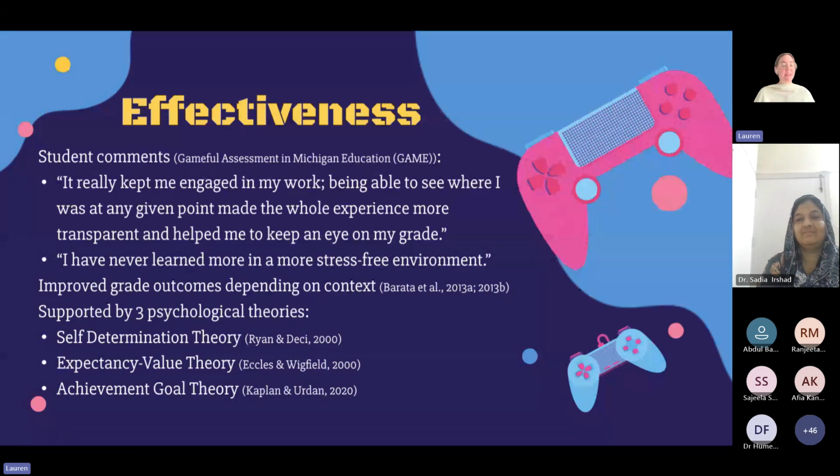And so people weigh these things, effort, task difficulty, and luck, when figuring out if they'll be able to achieve a goal. So gameful pedagogy is supported by these three psychological theories: that people are more motivated in certain situations and when they can accurately expect if they can complete a task and how valuable the task will be.